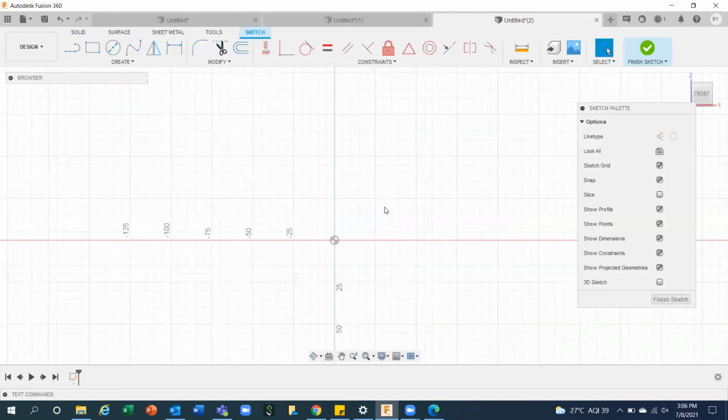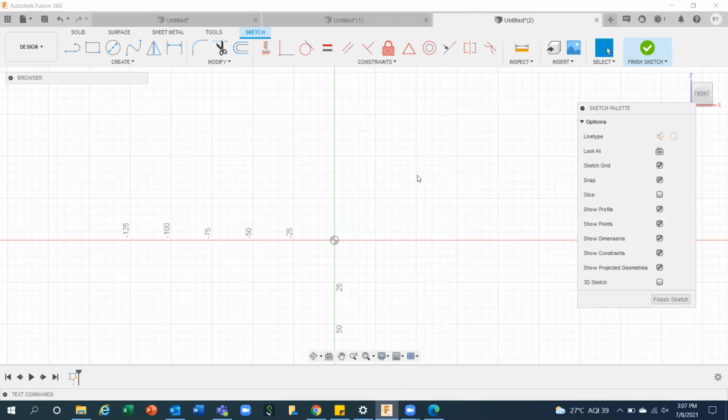Which plane, sir? Front plane. Have you selected? Okay. Another plane is selected. How can I change this one? No, after the sketch you can change, but no issues. Whatever plane you have selected, it's okay. Only the orientation will be different.